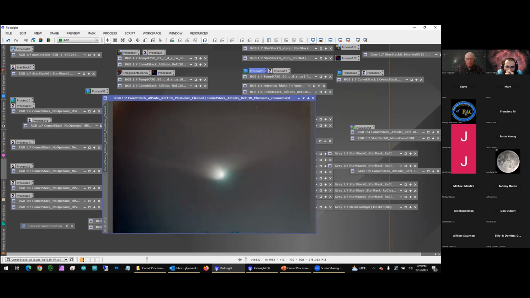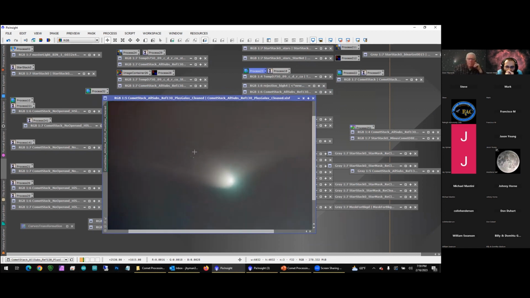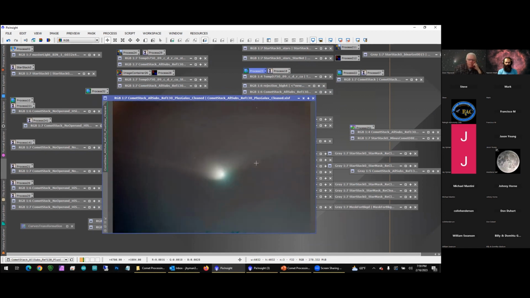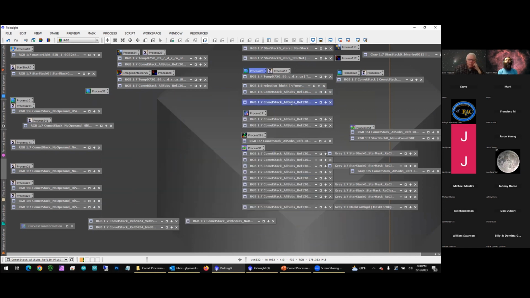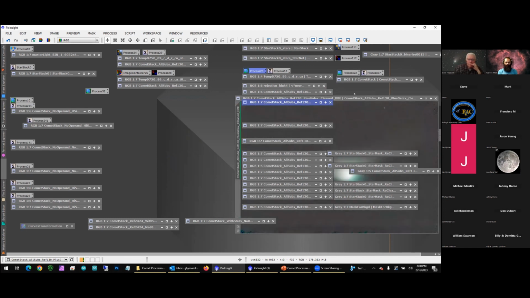So next, you can either try to add back in any galaxies and DSOs that you have at this point, but it's kind of difficult to match the intensity of anything that you just clone into the image. But I do go through and use clone stamp to clean up anything before I go in and add stars to it. Also, I think it's probably a good idea to do dynamic background extraction at this point,